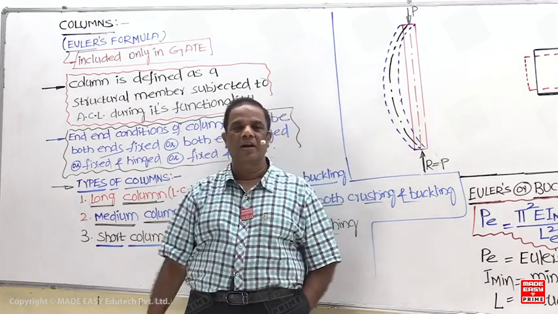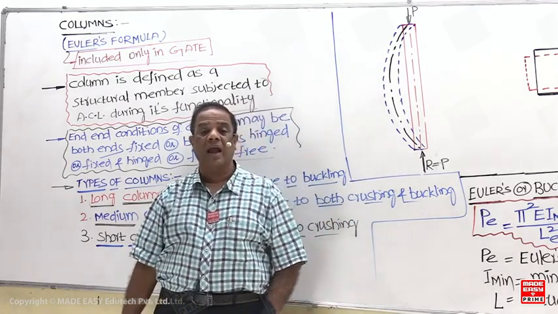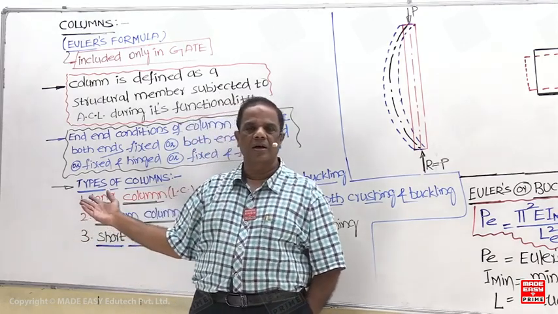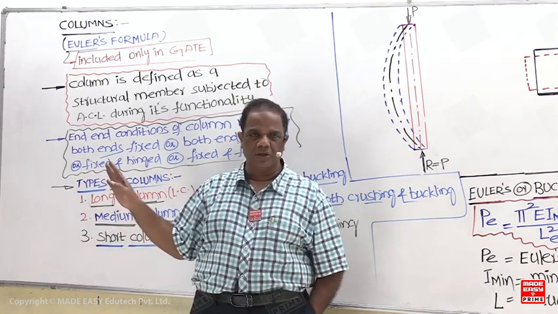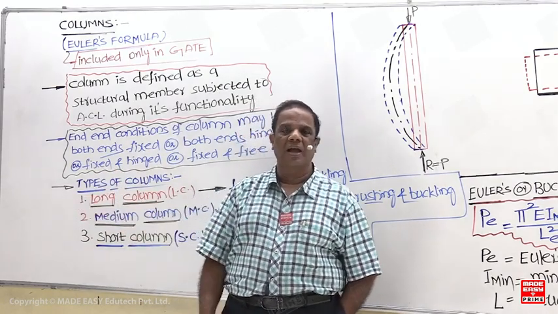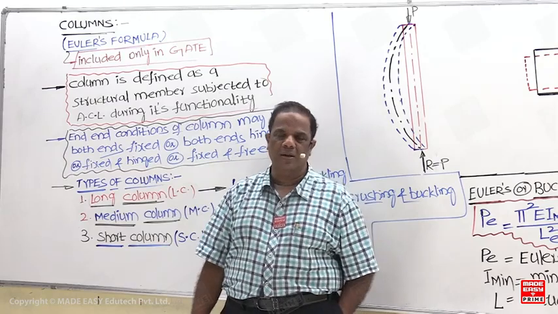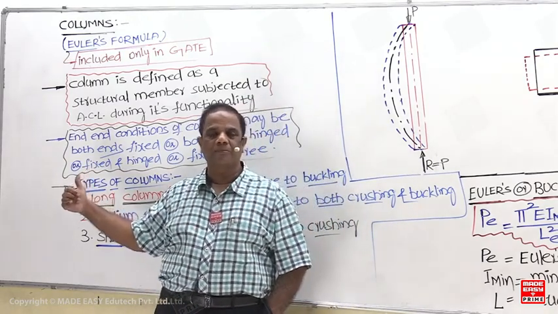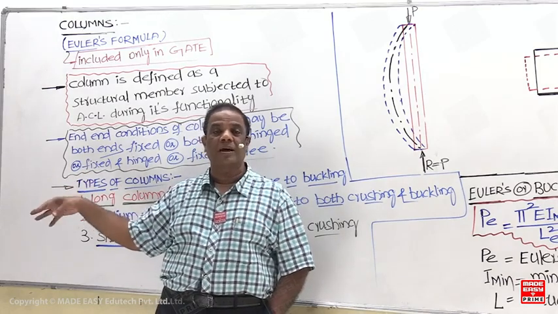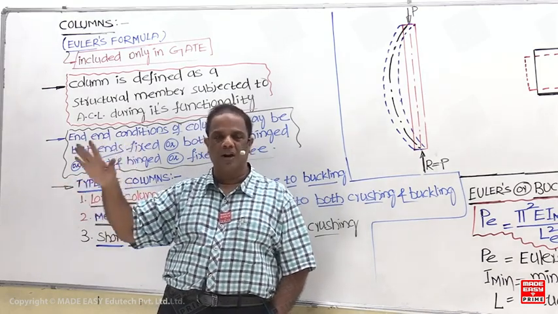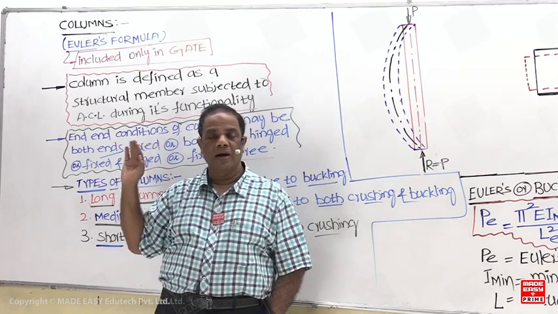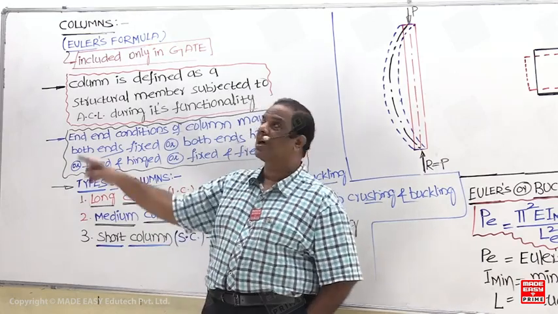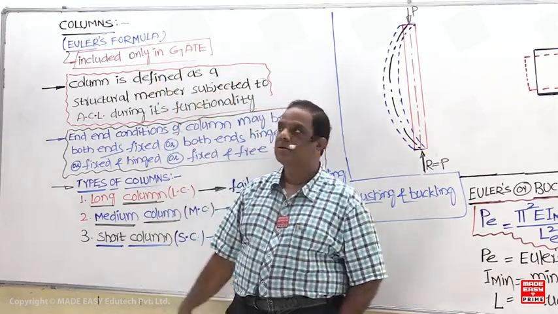There are 4 questions you have already done. When you did the questions on eccentric axial load, they are already there in the workbook. In total, there are 14 to 15 questions. In the remaining chapters, you have around 35 to 40 questions, more than 40 in some of the important chapters. But here I kept only 13 to 14 questions because this is only for GATE and only the Euler formula. Out of those 14 questions, 4 are already done, and only 7 or 8 questions are based upon the Euler formula. Only those are written.